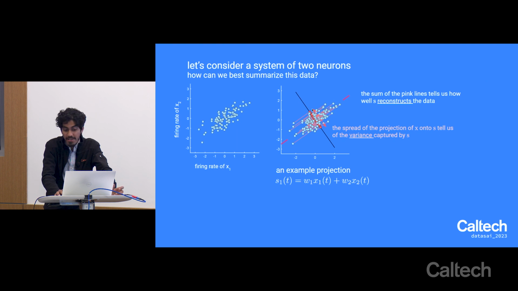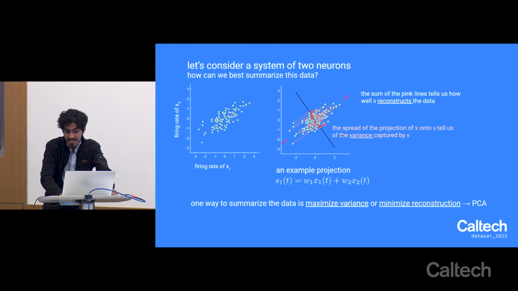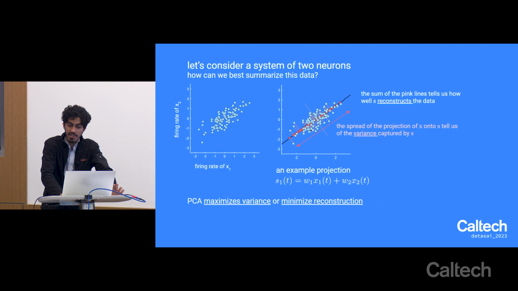And in PCA, all we're doing is finding a method that maximizes the variance, so maximizes the spread, while simultaneously minimizing the reconstruction error of our data, so minimizing the length of these pink lines. And it's probably very intuitive that in this particular example, the best way to do that would be some dimension that looks like this, right? So in this case, the spread of these red dots is maximal. So the variance now accounted for by this dimension is very high. This represents approximately the first PC of this data.